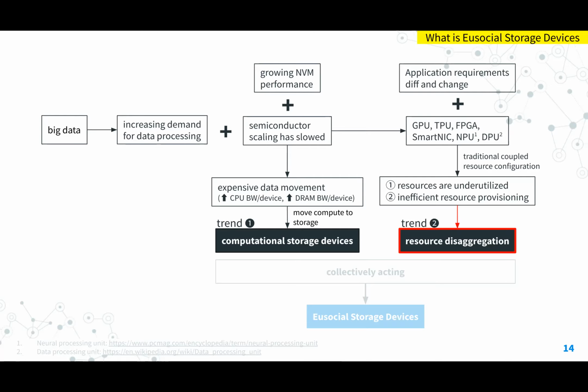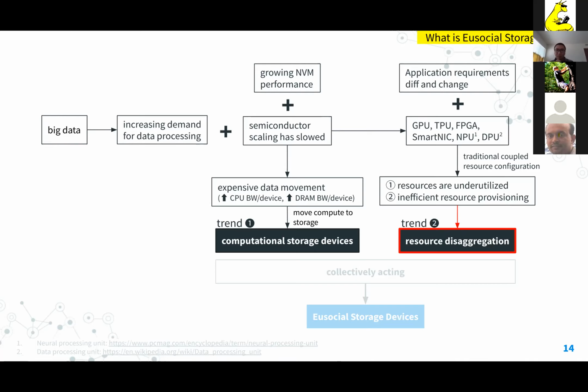And so with these two trends right now, it basically directs us in a direction where we would like to disaggregate the computational storage devices. With this trend, with this solution, we're probably going to move the storage resources away even further than the computing resources. And so without some kind of optimization for the storage architecture, we probably won't be able to fully leverage the benefits coming from these two trends.